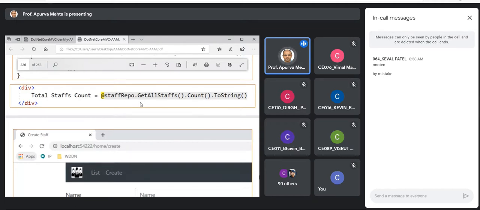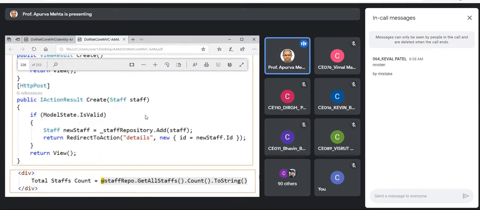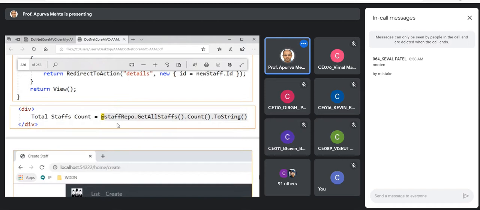But it won't be creating 2 times. It will be reusing the same instance that it would create the first time it is required here for the add method. The same instance would serve this get all staff request.